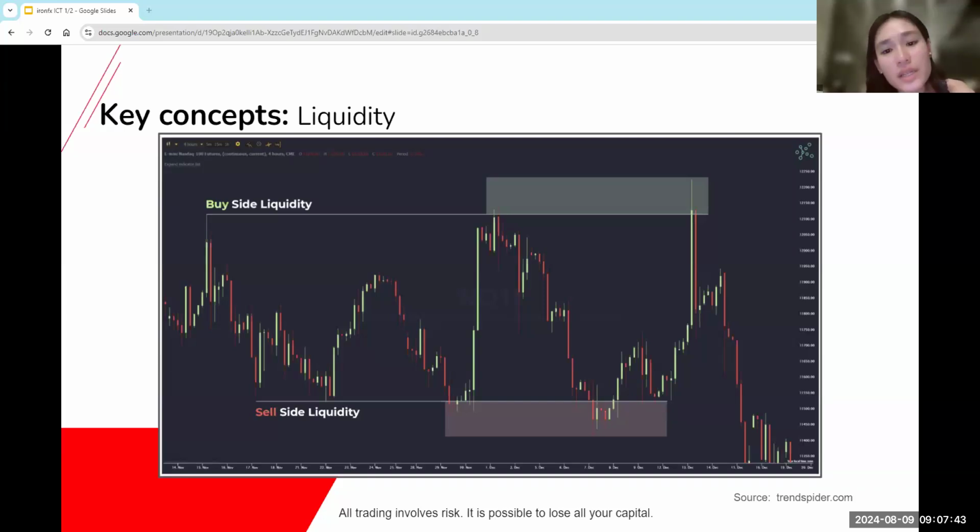Smart money players will understand the nature of this concept and commonly will accumulate or distribute positions near the levels where many stops reside. So earlier I mentioned buy side over here, sell side over here. If you're familiar with our other webinars where we talked about support and resistance,